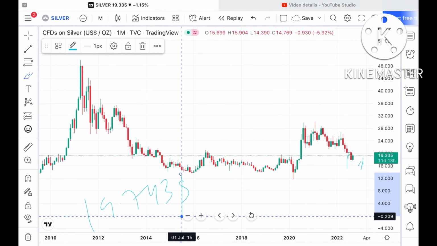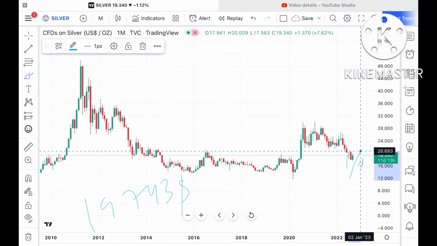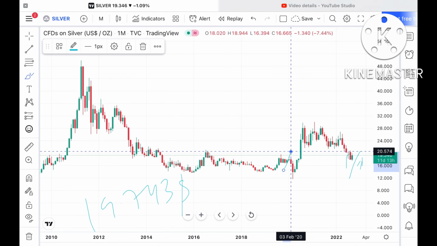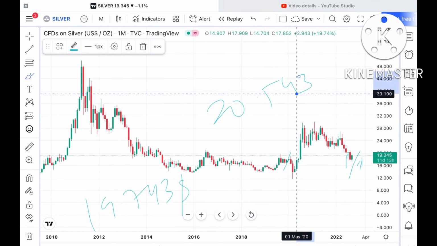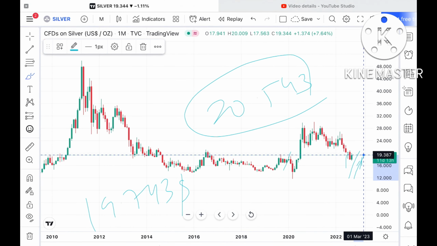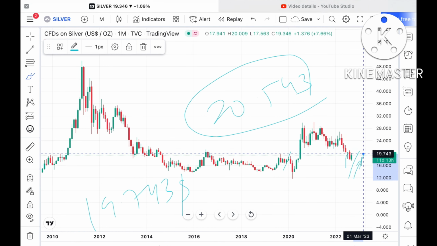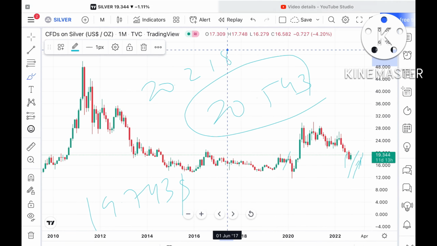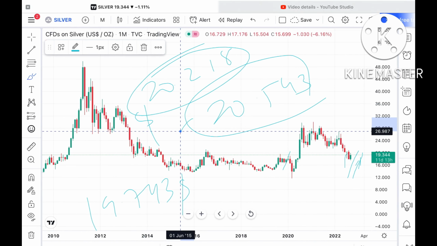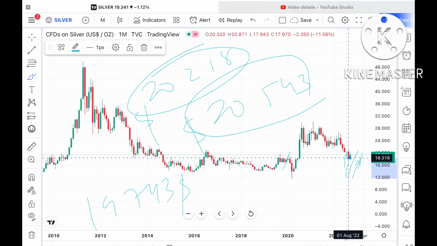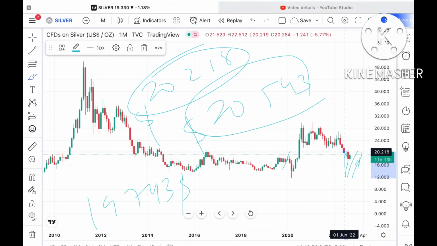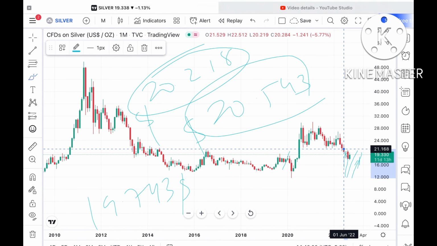$19.743. Suppose the price goes above that level, then it can touch a level of $20.543. Again I repeat, suppose the price sustains this particular level, it can touch a level of $19.743, and if that level sustains, then it can touch a level of $20.218. Once the price goes above this level, it can go towards a level of $20.543, and if that level sustains, then there is a higher probability of moving further high towards a level of